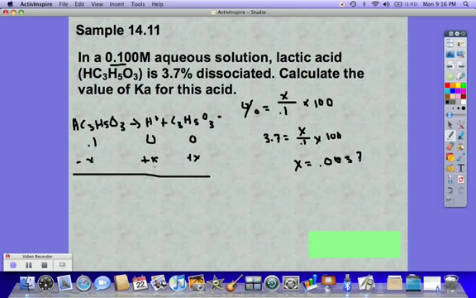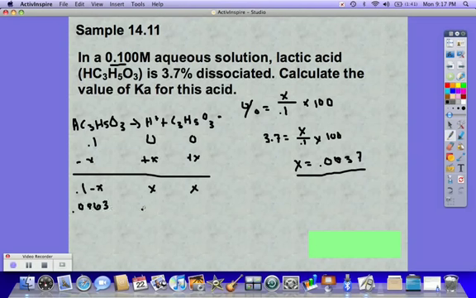So it'd have 0.1 minus x, x, and x. But we do know what x is because we knew the percent dissociation. So when you know percent dissociation, you can figure out x, which means we can plug that into our equilibrium concentrations, and we get